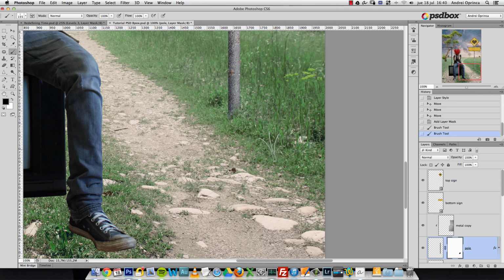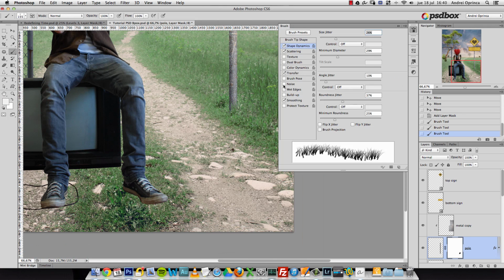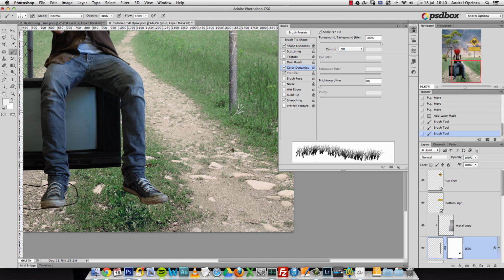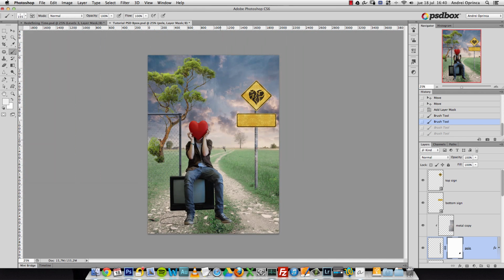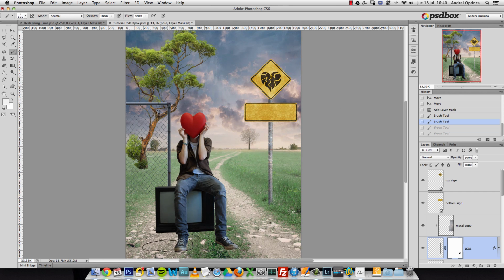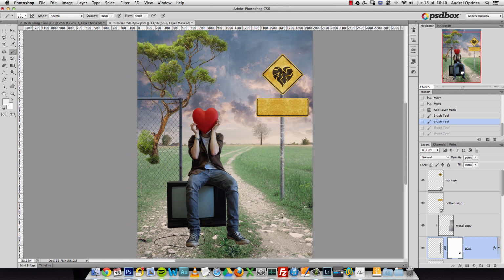See that? Now I masked it using this grass brush. Remember to deactivate color dynamics, because otherwise you'll have things like that, which is not nice. Oops. Okay. We still need to add shadows. You'll see that shadows make things a lot more realistic, and we have to make it all more uniform in terms of saturation and hue. We need to have the same color tone for the entire image,